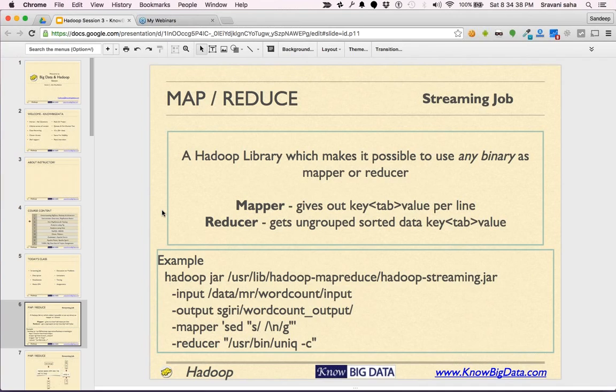So Hadoop streaming is essentially executing an external binary from this Java code. Somebody wrote this nice layer called the Hadoop streaming jar, the Hadoop streaming library, which makes it possible to run any program as map and reduce. We will be using it first, and then we will get into Java.